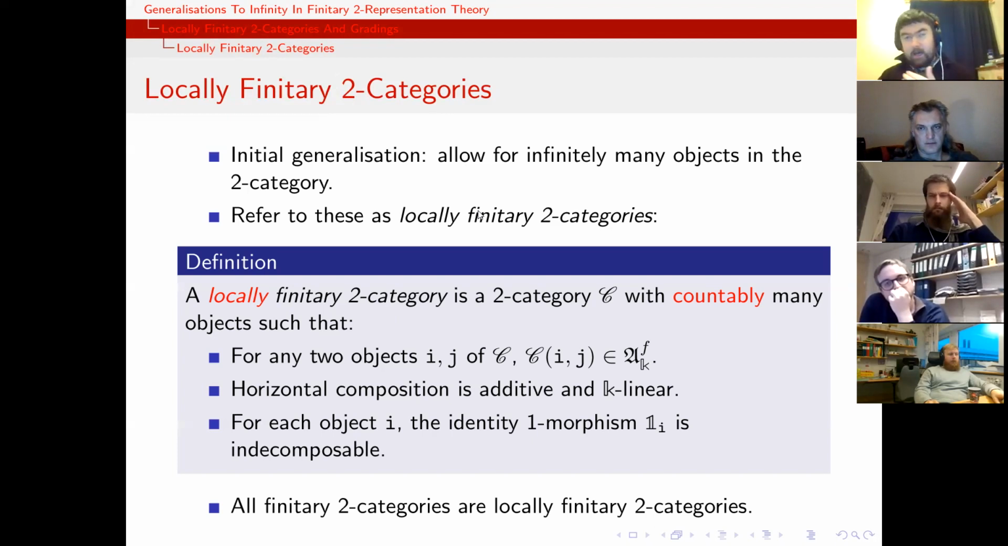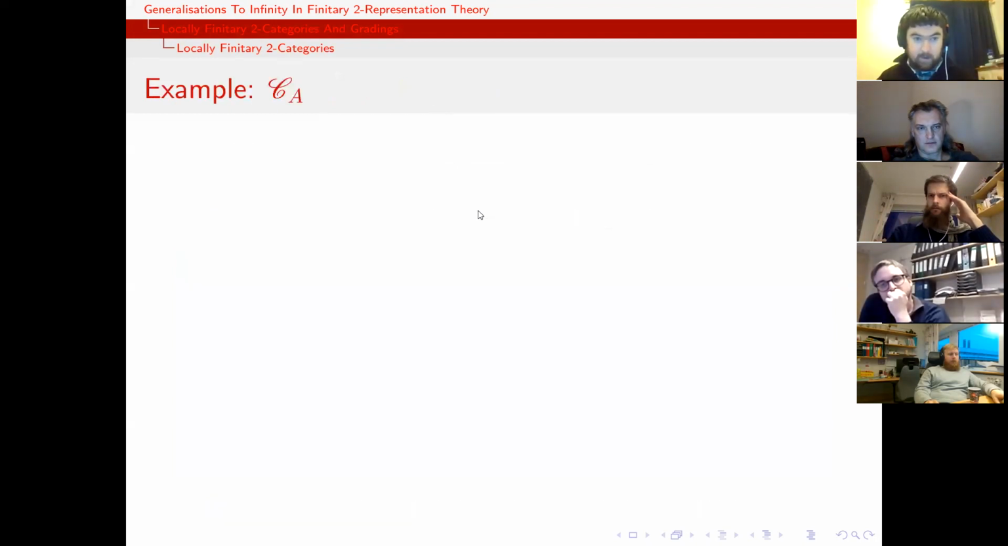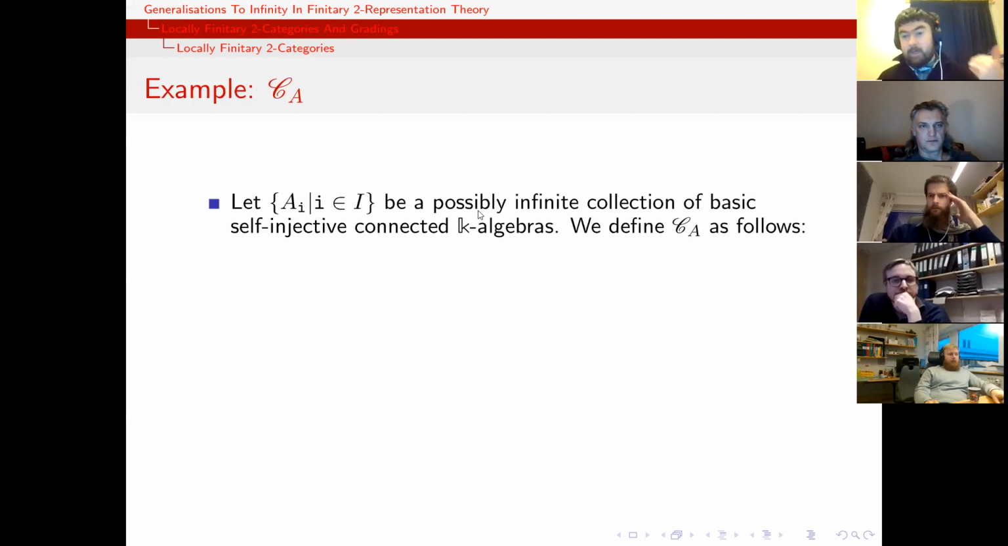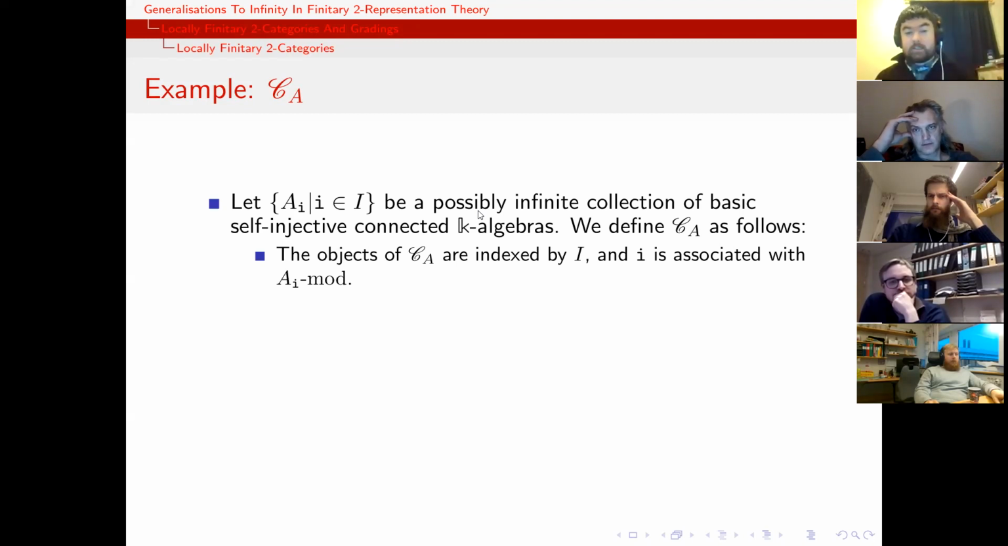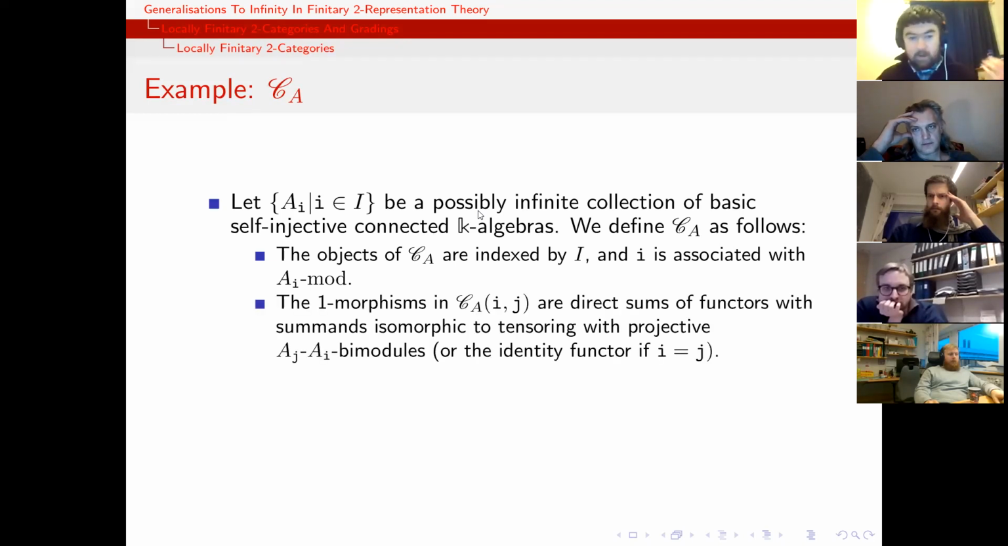So anything I say here will apply in the finitary case, and gives a new covering of the result even beyond the infinite objects setup. And I will return to the earlier example of C_A, but now in the infinite case. So we now take a possibly infinite collection of basic self-injective connected k-algebras indexed by I. Then C_A has objects indexed by the same I, and each i is associated with A_i-mod. The one morphisms are roughly the same. We still have these direct sums of functors isomorphic to